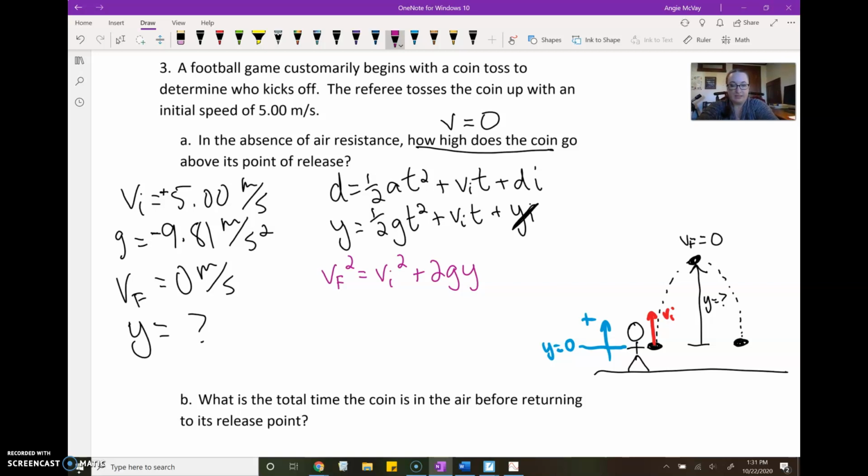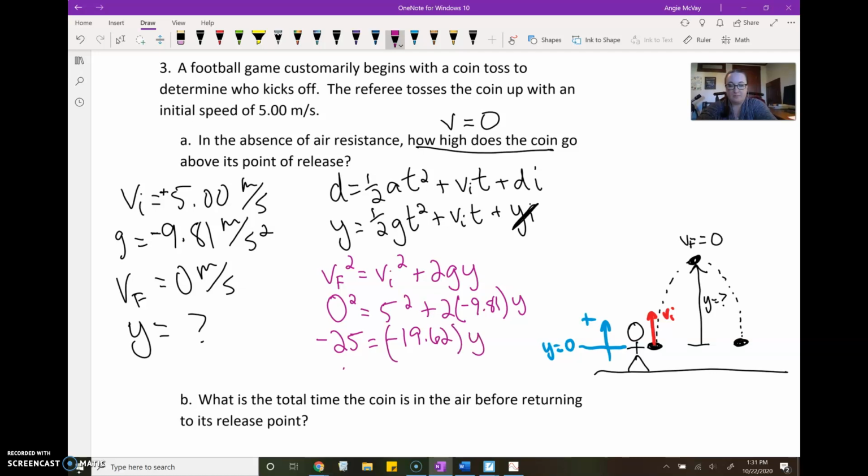Okay, so final velocity at the height that we're considering is 0, equals 5 squared plus 2 times our acceleration due to gravity. It's important that it's entered as negative, and we're solving for this vertical displacement. Okay, so if we do some algebra, we'll bring this 5 squared over, and it'll become negative 25 equals negative 19.62